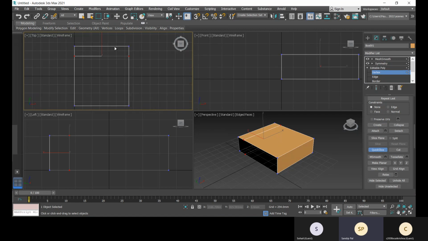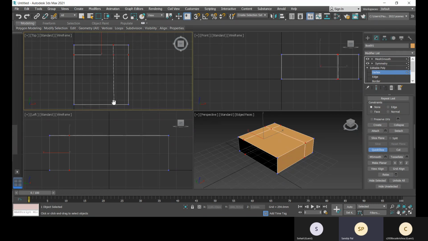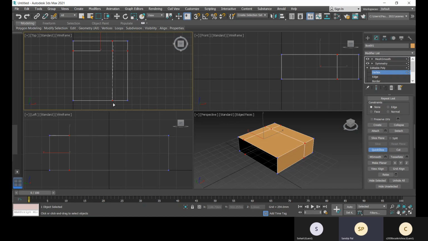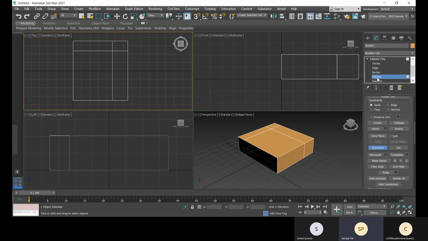Now I'll slice it over here as well, and make sure you are creating a straight line. Okay, so that you have to follow that needs. All right, and I'll press 4 to switch to polygon.